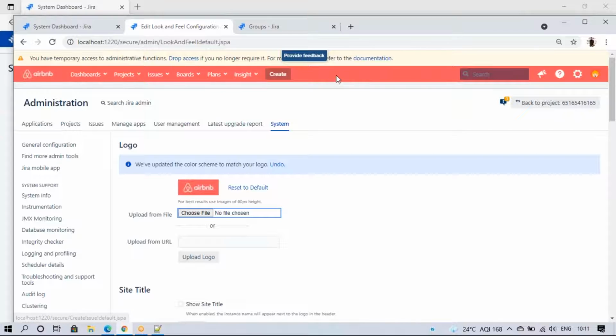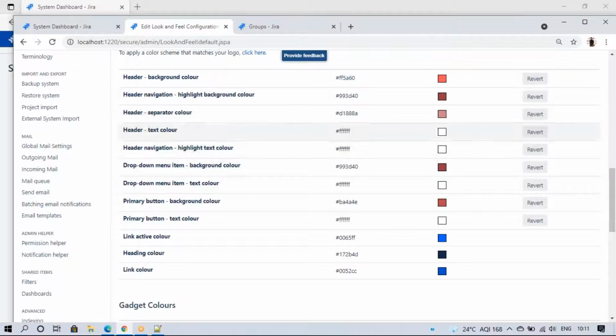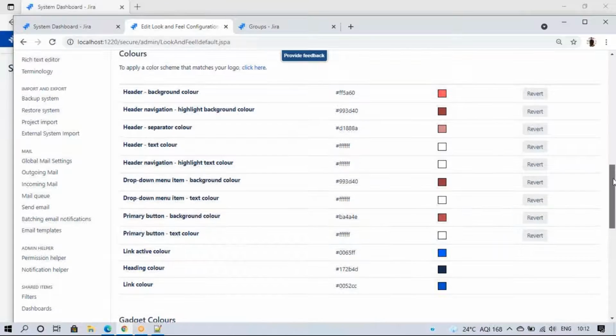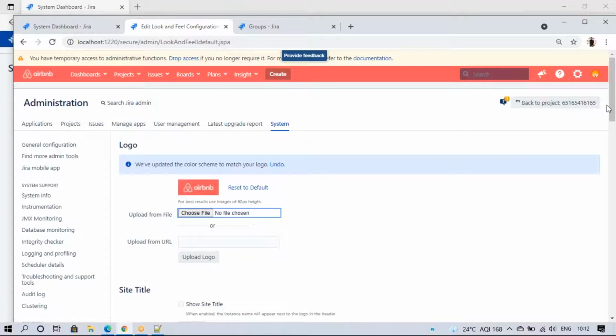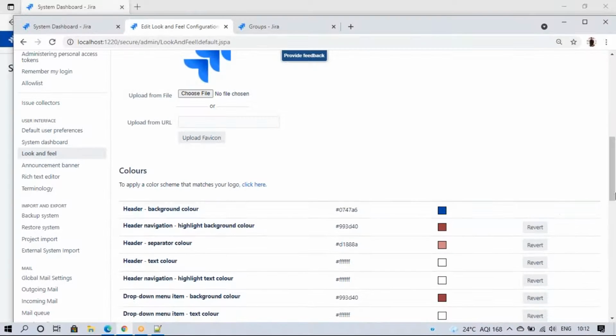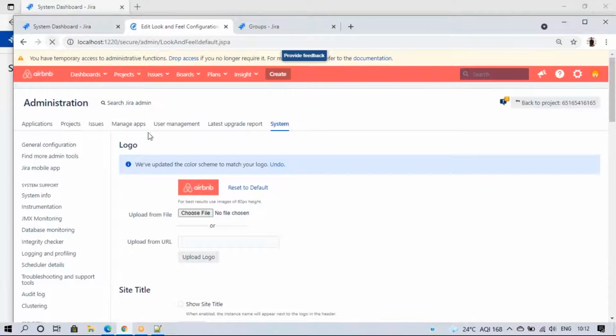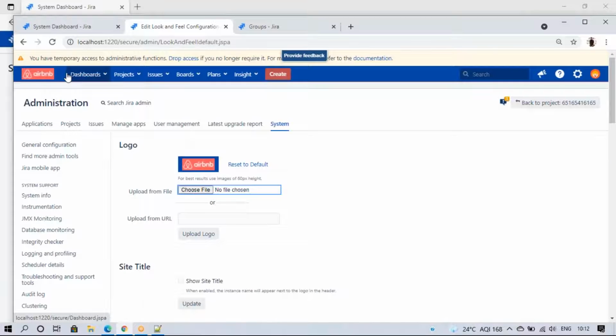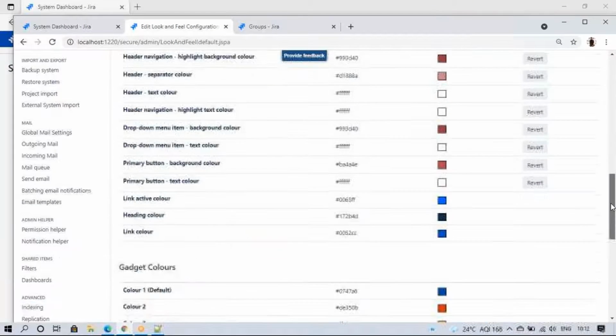See, at the top I changed everything. Automatically it will change to default, but you see all these colors have changed. For example, here we can change text colors, background color, dropdown menu colors, and primary button background color. So all these colors can be set how you need, and if I revert, the links and everything will come back. This is blue by default. I can see blue now.